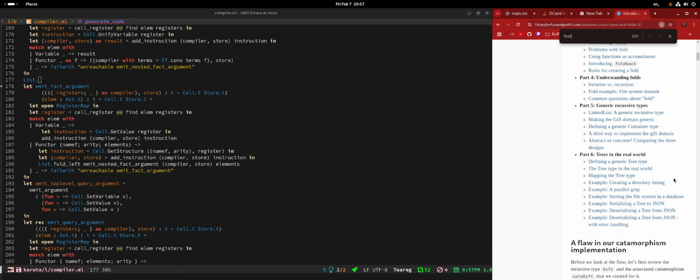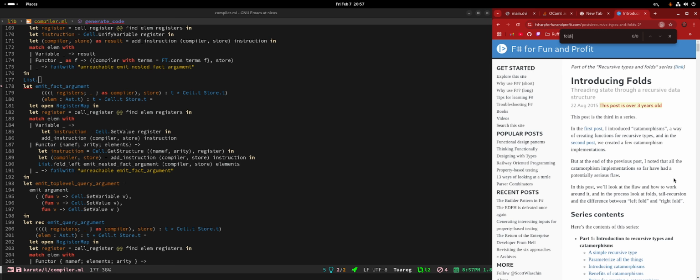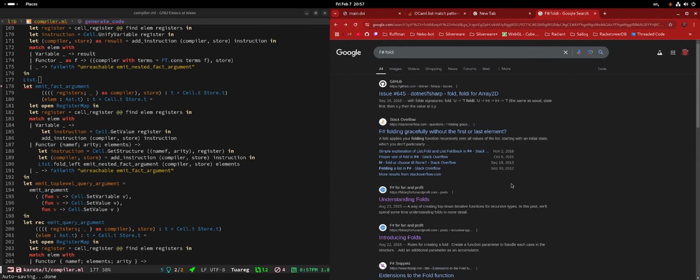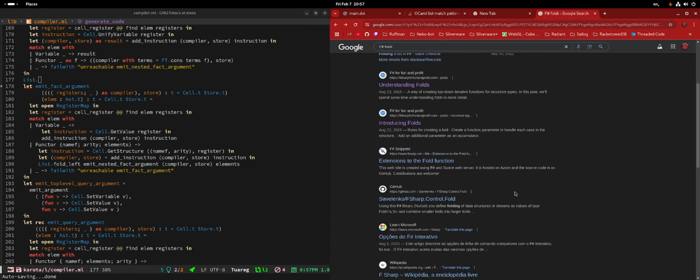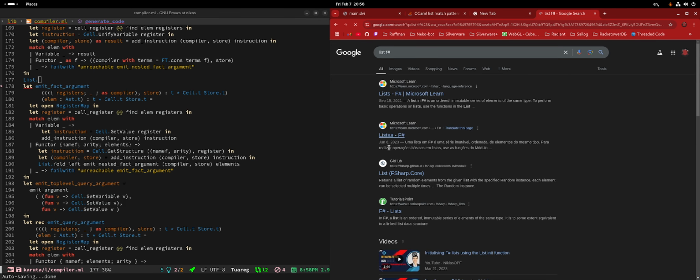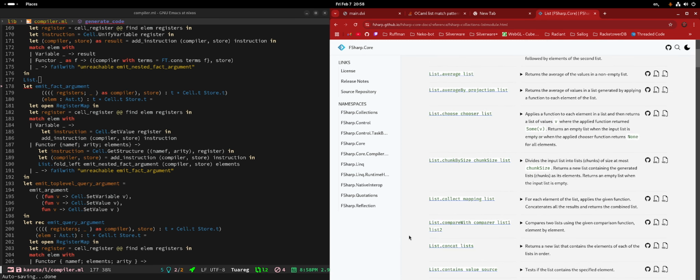There is a function here that comes in the standard library, and I don't remember exactly the name. That's F sharp, though. Exactly, and that's why it's sad. Oh, it exists in F sharp, but not in OCaml. Yeah. That is sad, yes. Let's take a look here to see if I'm not insane.